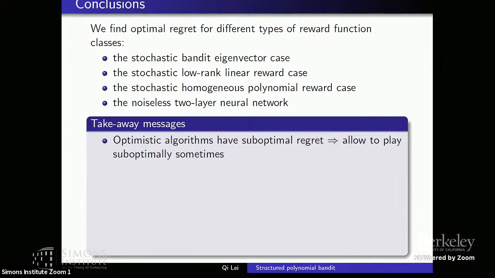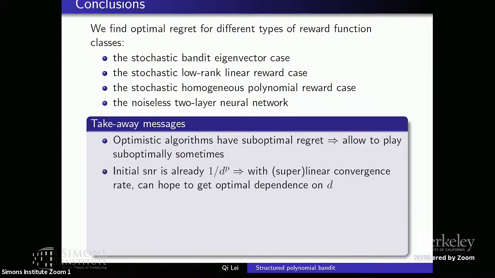And the takeaway messages are the following. First, like UCB algorithms, they are optimistic algorithms, but they can have suboptimal regret here. So from time to time, we may need to play suboptimally to achieve the overall optimality. For a degree p polynomial, the initial SNR is already 1 over d to the p's power. So in order to get a dependence of d to the p, we will need some algorithm that has a linear or superlinear convergence rate to get around the